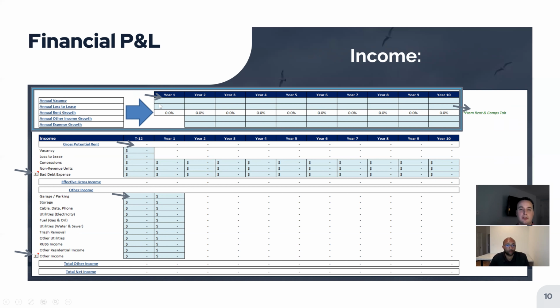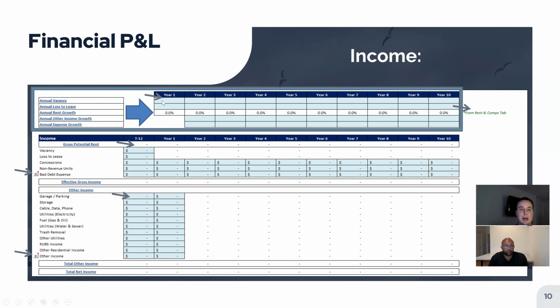And then, for the forward projection, you've got years 1 through 10, however many you need, right? If you've got an exit year coming up in year 4, 5, or 6, once you populate that into the template, it'll highlight that column, so you can always keep track of what year you're actually exiting in. Then you'll want to continue to populate all the forward-looking data once you've got your T12 starting point in there,